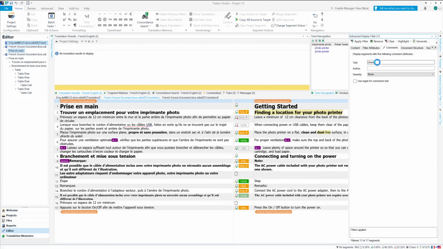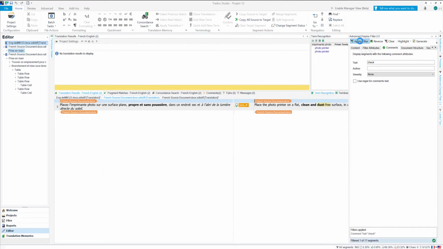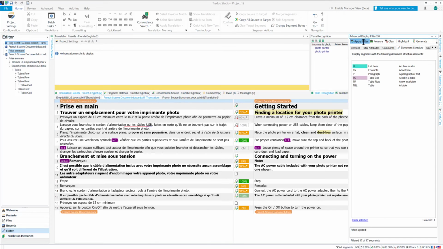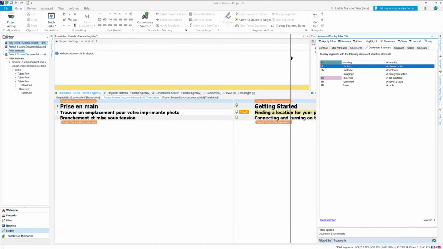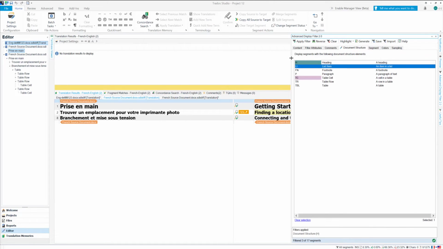Under Comments, I can filter on the text in comments or by author or severity level. Under document structure, I can filter on headings, for example, to see whether I translated all the headings using the same verb form. I can save filters and I can load any previous ones with the buttons of those names.